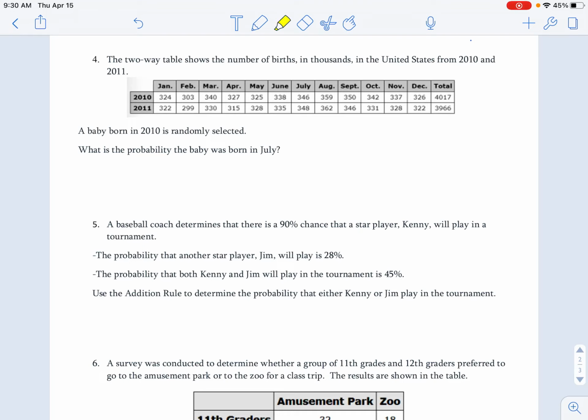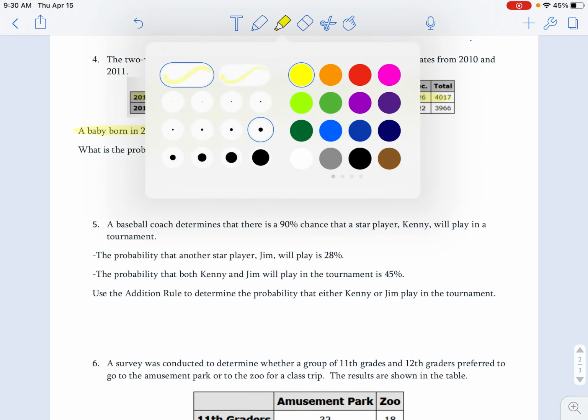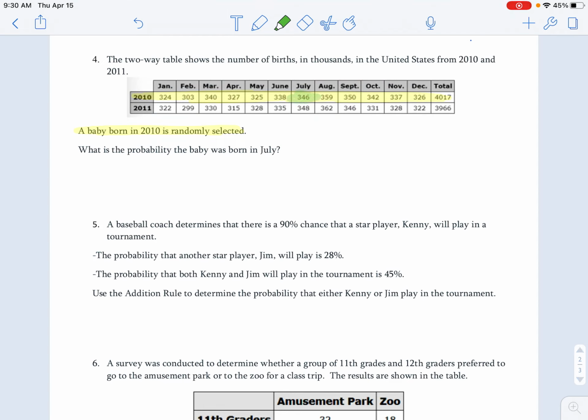Again, what we really have to focus on a lot of times is just our reading skills, taking what's written and interpreting it with the table. So we're only concerned about 2010. In 2010, a baby is randomly selected. What's the probability that the baby is born in July? Well, if we can read it, it's going to tell us the answer. It's 346 out of